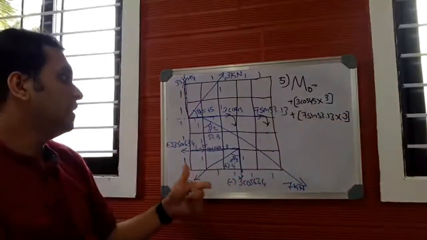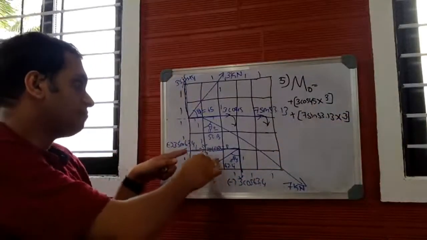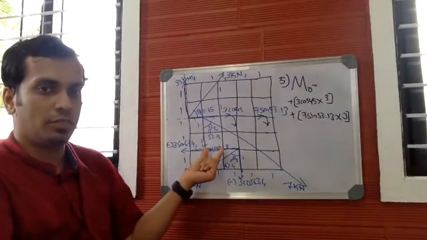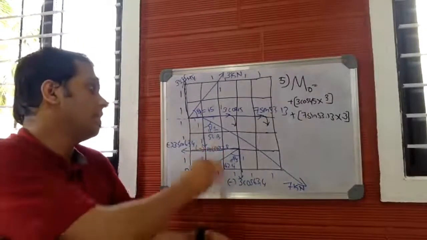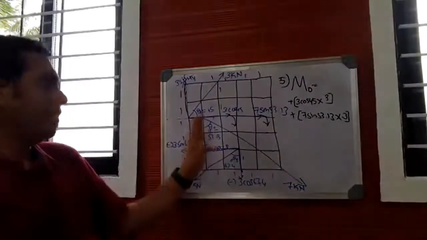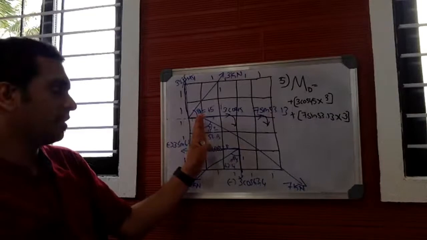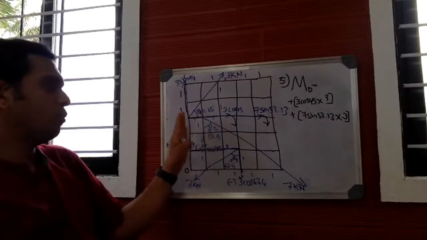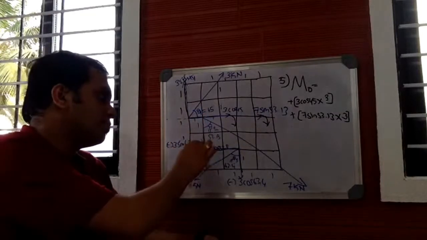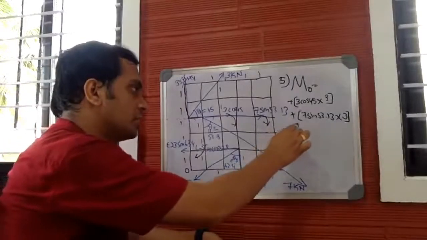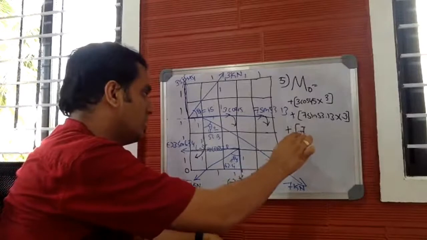Now let us concentrate on this vertical force of magnitude 7 cos 53.13. Don't consider the direction, only the magnitude. So here the line of action is vertical, and the point about which we need moment lies on the left-hand side of the force. This is the force, and point O is on the left-hand side. So this should produce moment in this direction. This is again clockwise, plus 7 cos